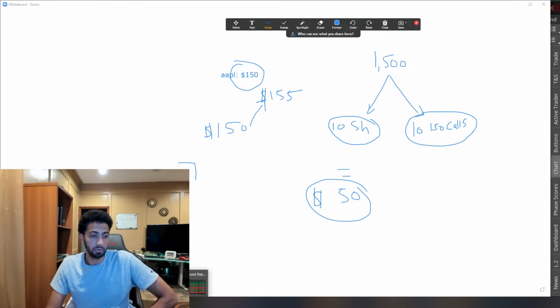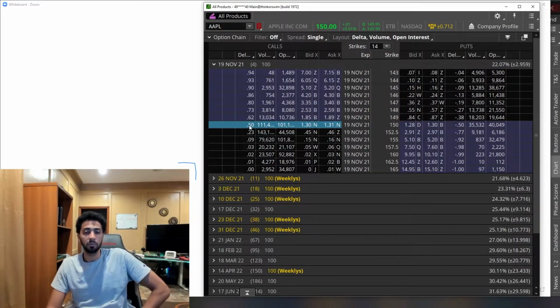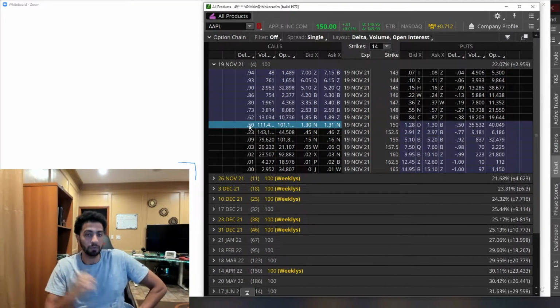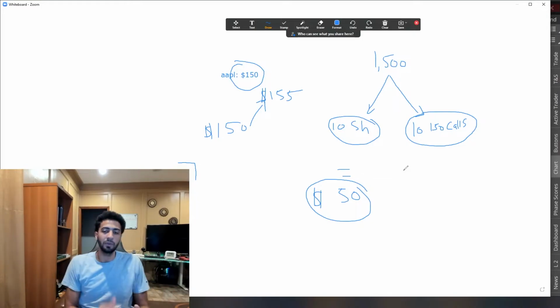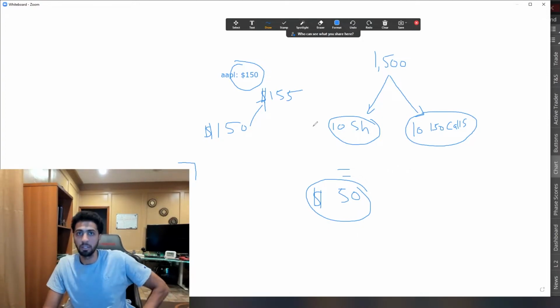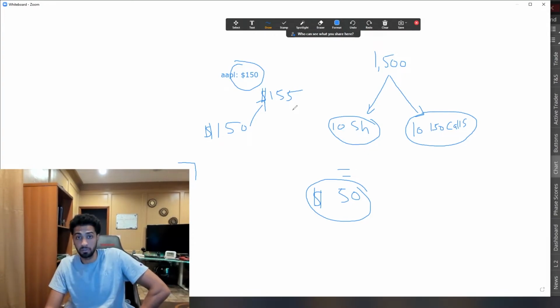So if we go back to the option chain, we go here to the 150 call, right? It's going for $130. What I want you to pay attention to is something called delta. Delta is basically how much you get paid for every dollar it moves your way, or how much you lose for every dollar it goes against you. So for calls, you want the stock to go up. So the more it goes up, the more it's in your favor. So keep this 50 cents in mind. So that's $50 for every contract. So since I have 10 contracts, then that means that the profit or loss is going to move by $500,